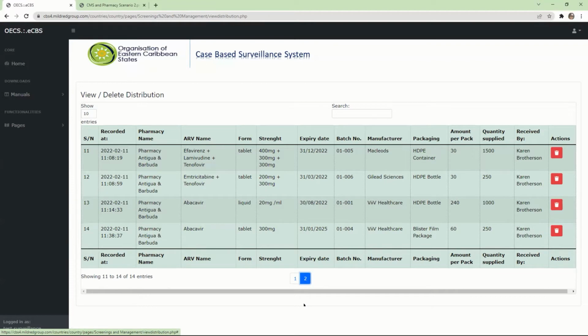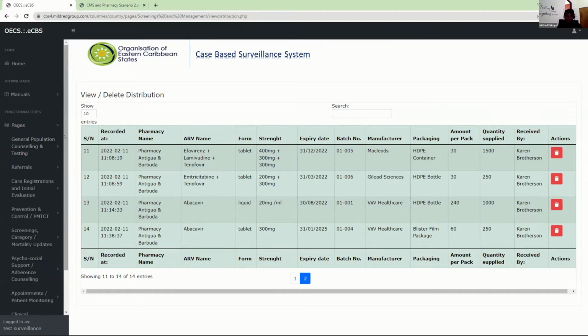Okay, so Mildred, I don't know if that question makes sense, but let's say you get a drug from a manufacturer, you enter it into your Central Medical Store system, yeah? You distributed it to your pharmacies, as we normally do. But for some strange reason, the manufacturer is calling back the job because of something. You're pulling it out from your central medical store system,